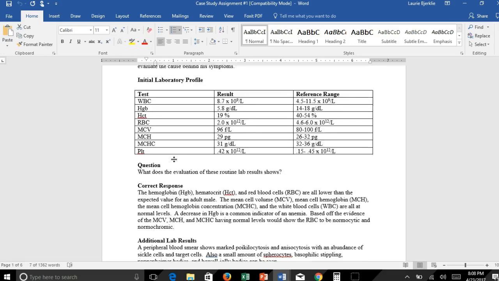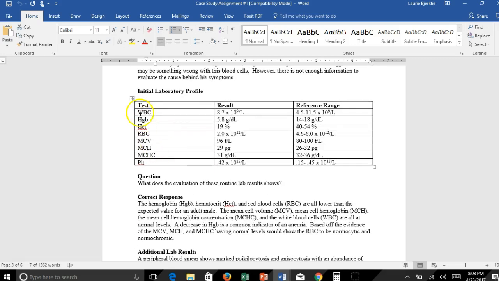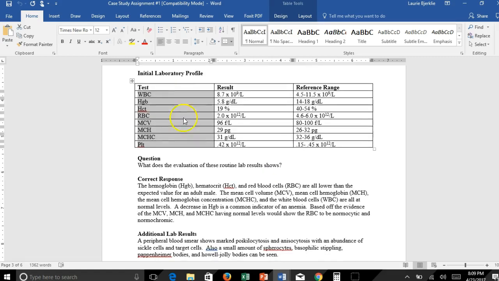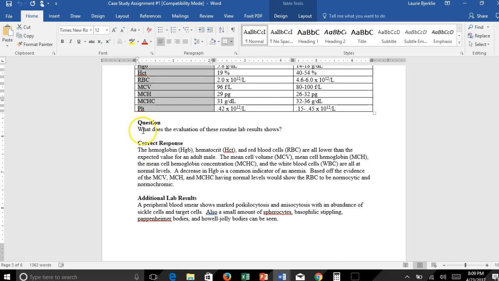So again, if we scroll down to our example, you'll see here, they didn't do the full white cell count on this one, but definitely I would like to see it. But you can tell they did a lot of the other stuff. They gave the results and then they gave the reference ranges. Again, I sent out a reference range attachment, so everybody should have access to those reference ranges. So they did that. And then the next part, what they did is